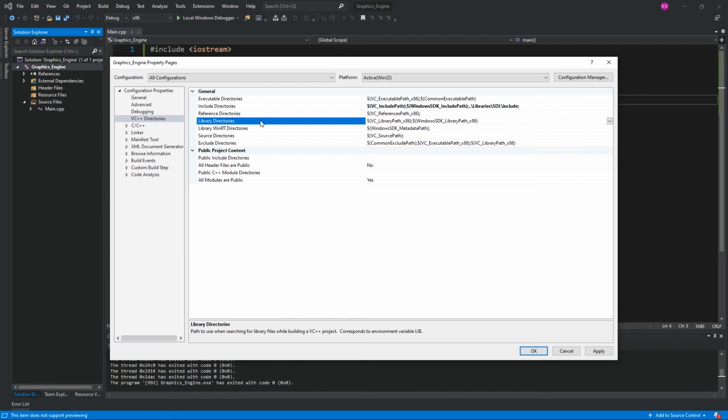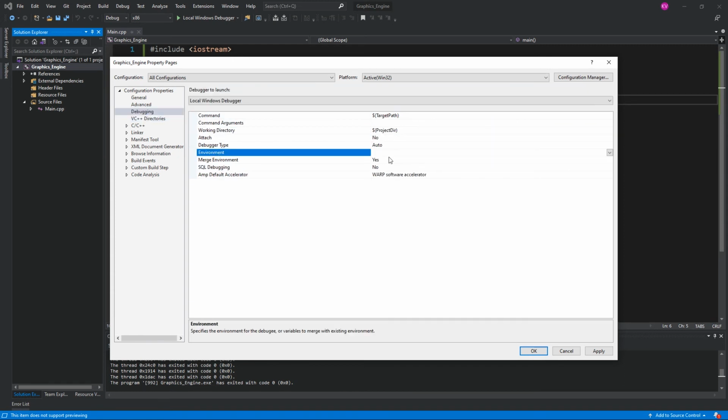Similarly, library directories, these are all the lib files. Sometimes there's no semicolon here, so make sure there is one there, otherwise you may have issues. ../libraries/SDL/lib. It's for all our static libraries. Hit return. And for DLLs, we go to debugging, go to environment, and you can type in path equals